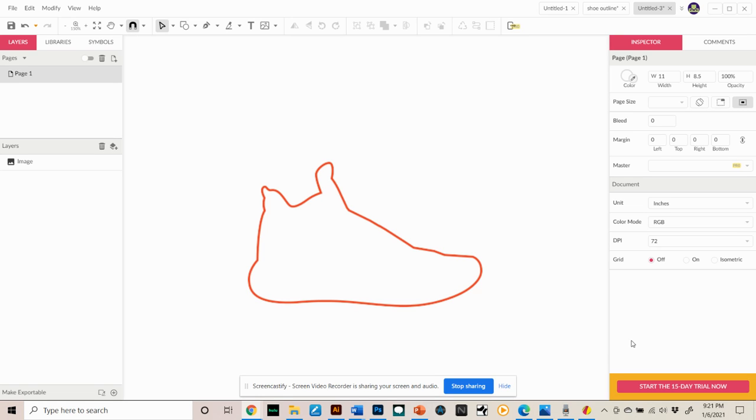Hi, David. I'm going to send you a file that has this drawing so you can use this to create